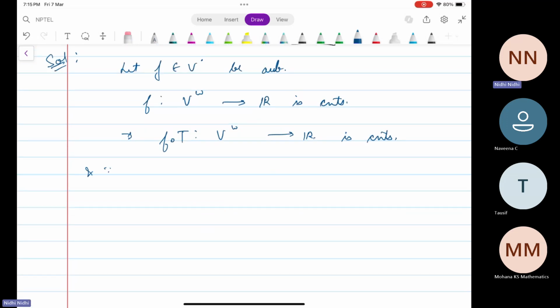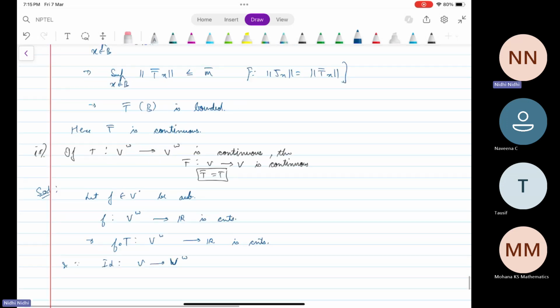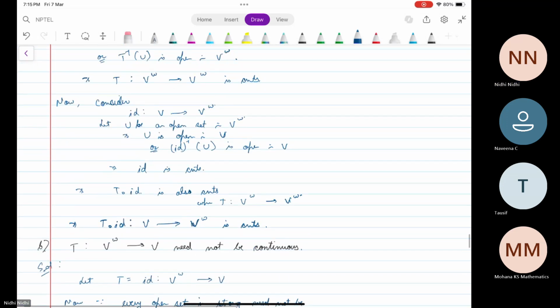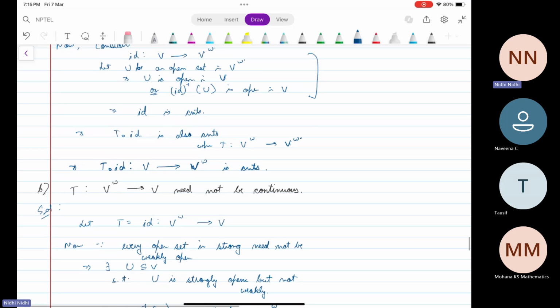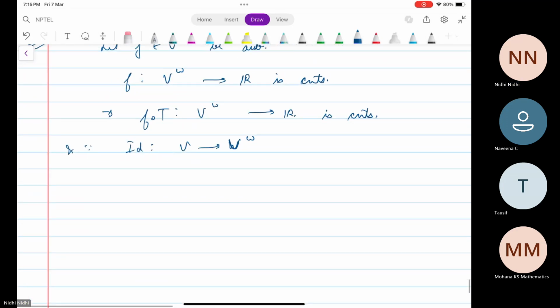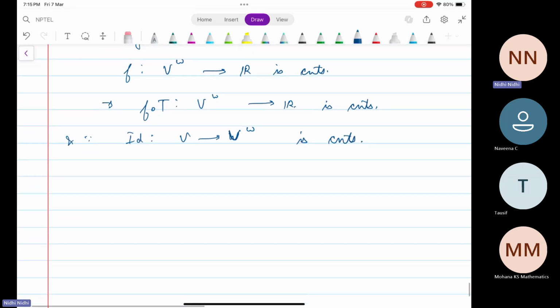And we have seen earlier that the identity map from V to V weak is always continuous. This implies F composed with T composed with identity is continuous